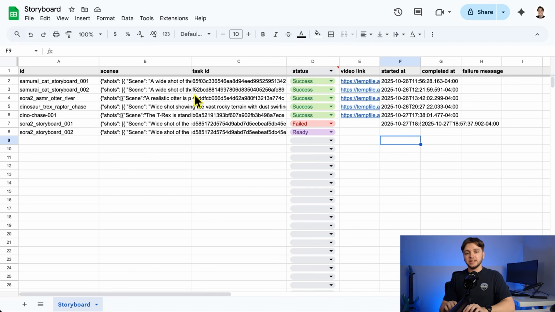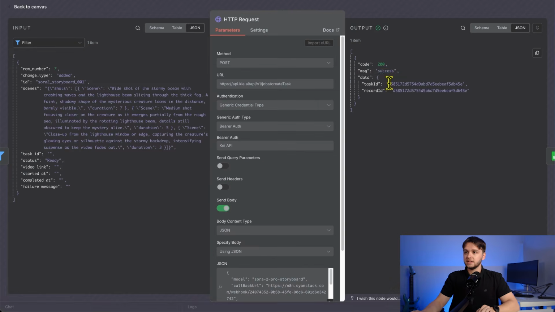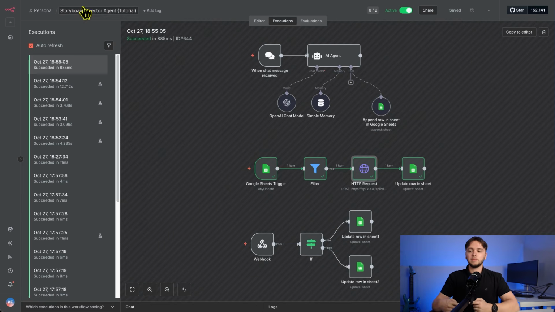video, all managed within a Google Sheet with statuses and video links, which could very easily be hooked up to other workflows that automatically upload these to social media or even email them to your team. Today, we'll be going over how to build this step by step, but first, let's take a look at these